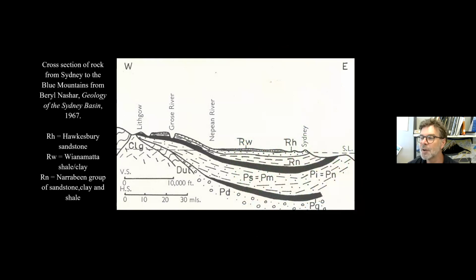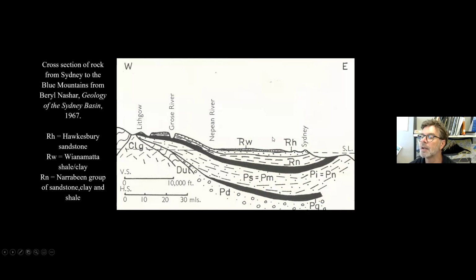Okay, so just to get our geology right, this is a cross section, and here's Sydney, and you can take that to be North Sydney as well. And the dotted strata there is the Hawkesbury sandstone, RH. And that thin layer there, which really is extending sort of west of Ryde, to give you some orientation, is what's called Wianamatta shale or clay. And that's important because the soil around Sydney is really very sandy, and North Sydney as well. It gets a little bit more fertile out west.